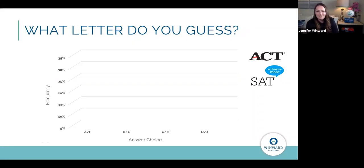So I went through my stack of 85 real ACTs and SATs, and I looked at the last 10 questions of each section. So the part at the end when students run out of time, and I counted how frequently at the end the right answer was A, the first bubble, B, the second bubble, C, the third bubble, or D, the fourth bubble. Not surprisingly, the least frequent right answer at the end of a test, again, this is just the end. If I analyze the entire exam, we'd have an equal distribution of how many times each answer choice was correct. But if we just look at the end, when students run out of time, C is the least frequent right answer,